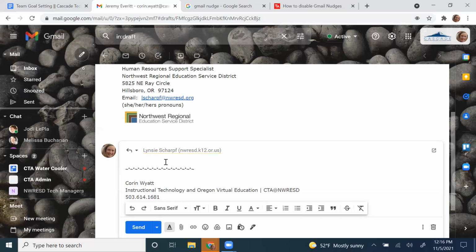So really convenient things in sending. You can schedule, you can send and archive, or you can undo a send to make sure that the content of your message is really what you want it to be.